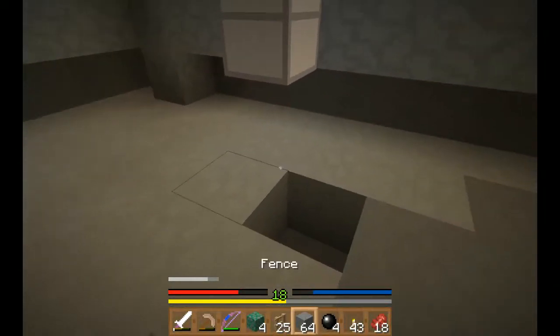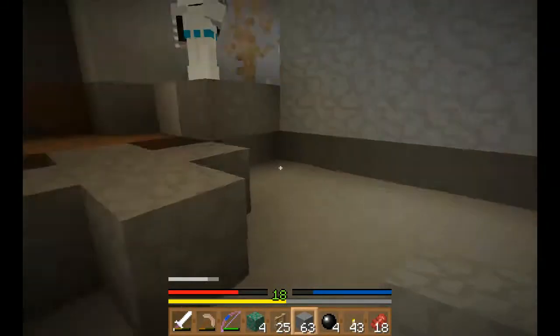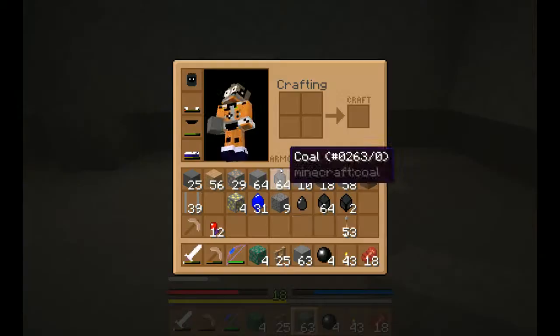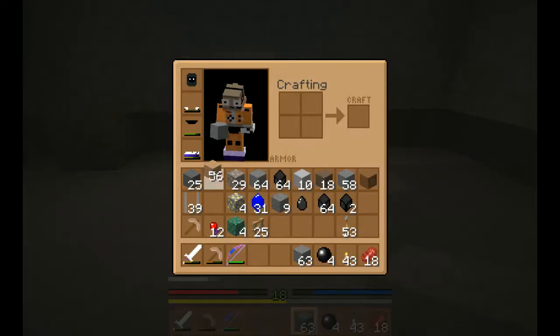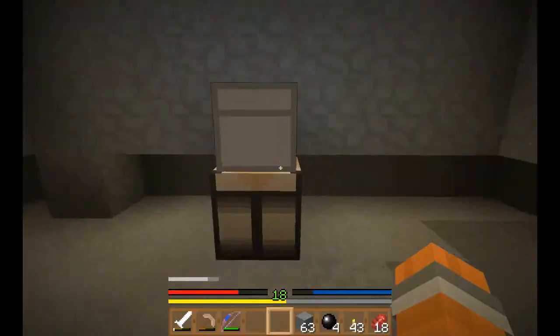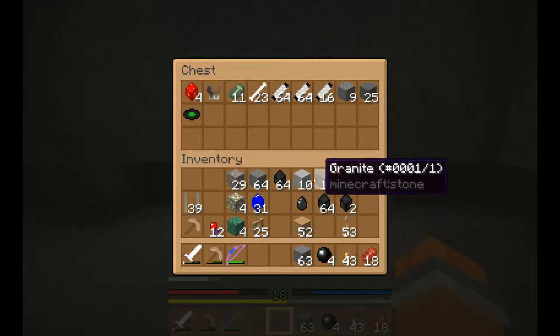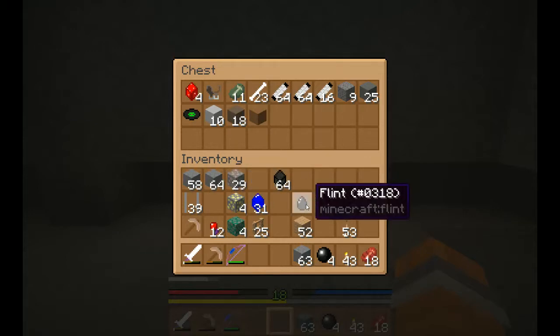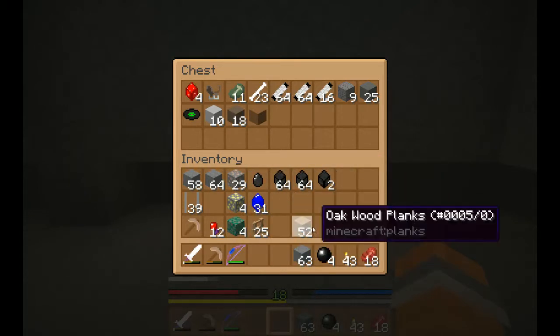But is there a chest over here? I thought you were looking in it. Let's see. I don't need that. Dirt. I got dirt for some reason. I need...